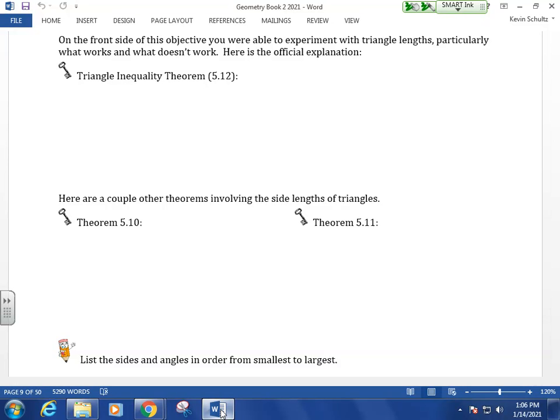Your lesson for today, Thursday the 14th, we're going to wrap up PO30, where we started talking about the triangle inequality theorem, review that, and look at some other theorems associated with triangles. And your quiz today is basically going to be a review of perpendicular bisectors, angle bisectors, medians, and then PO30,